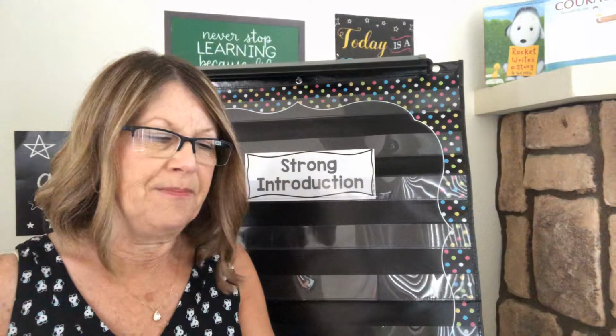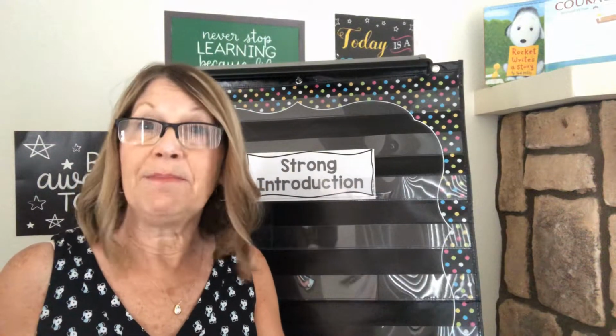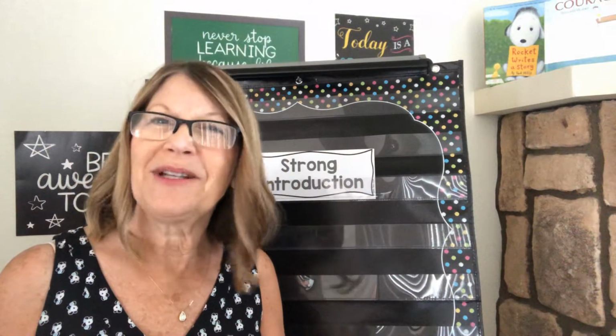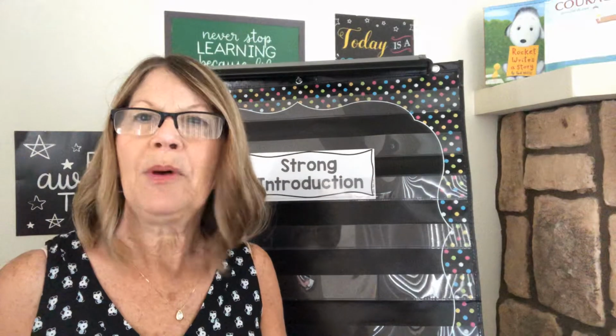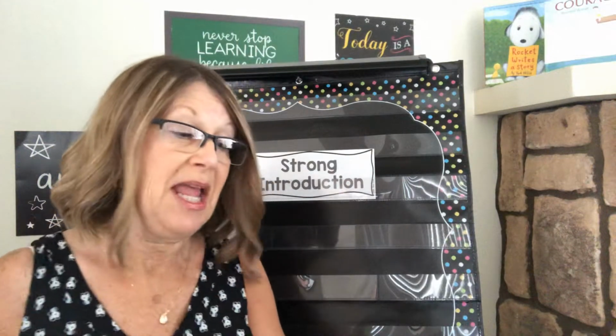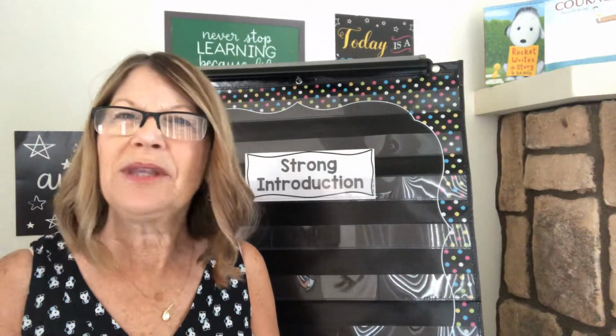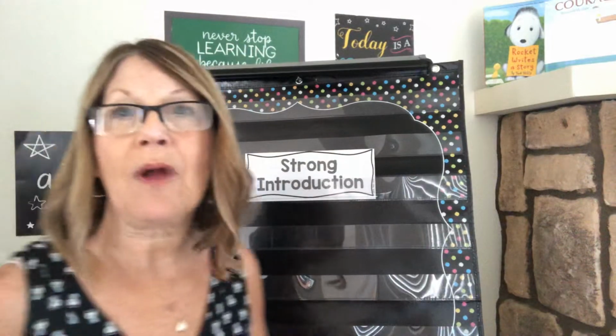For example, there are 4 seasons. That would be an introduction. Then the opinion might be, fall is my favorite season. Another example would be, ice cream has many flavors. That's the introduction. Now you're going to state your opinion. The opinion would be chocolate ice cream is the very best flavor there is. So let's dive into some examples of what makes a strong introduction.